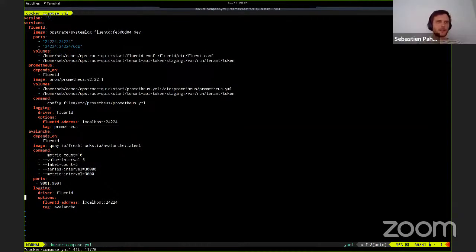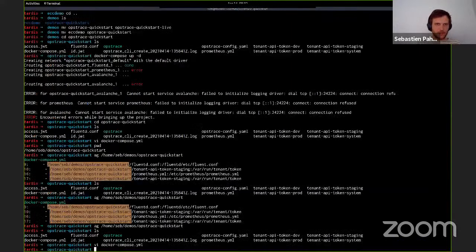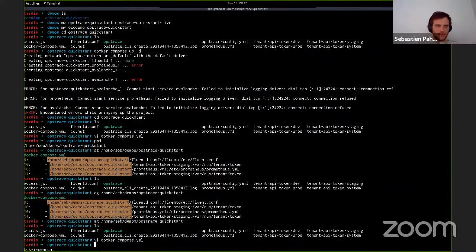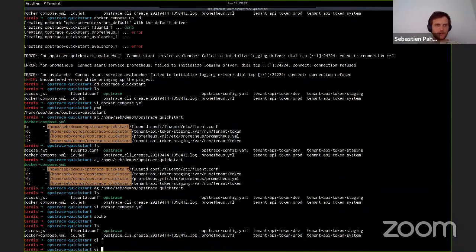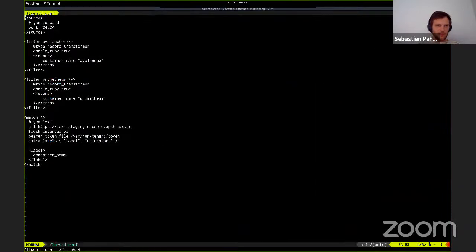No, okay. So basically, these containers are not coming up. So this logging driver is not happy either because Fluentd is not coming up. So the question is why Fluentd is not coming up. So Fluentd is not coming up for some reason. So let's see fluentd.com. Apologies, I moved directories around and stuff like this, and this is never good. Okay, so Fluentd there.